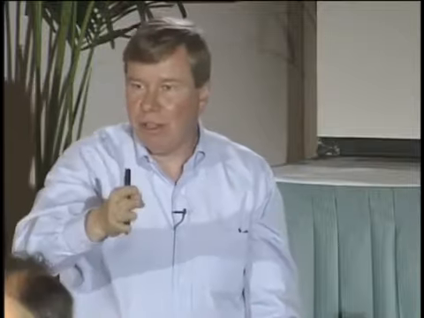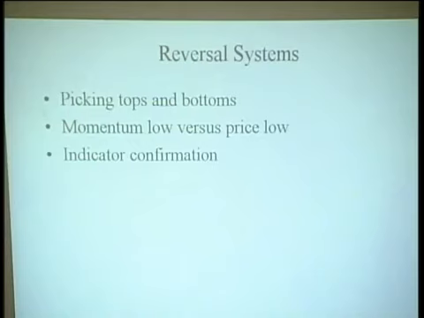If you think about a W bottom, what really happens in a W bottom? You come slicing down into the lows, very high momentum. You bounce, you come back, retest, and then you go. Well, we call this first side, the left side of the W, the momentum low. And we call the right side of the W the price low. It's because often on the right-hand side of the W, a new low is recorded in price, but it is not a new low in terms of momentum. So that's the concept here when we talk about a momentum low versus a price low.